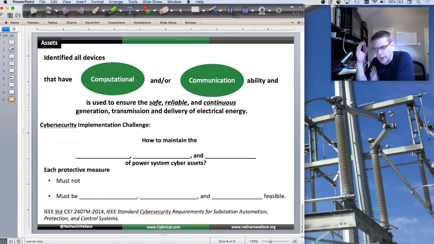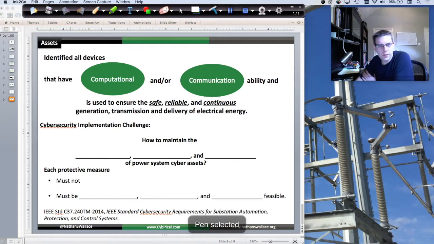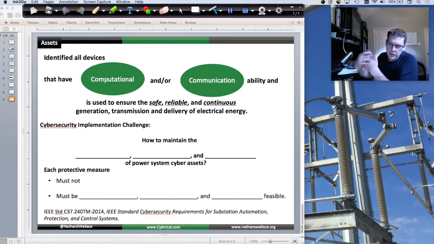So once you've identified all those devices that have that computational and or communications ability, you then need to come back and say, okay, how do you implement the cybersecurity? The implementation challenge, from the engineering standpoint, is how do you maintain? If you look at all those assets that we just looked at, as far as what is a power system cyber asset, the challenge is how do you maintain, and this is the CIA triad, as far